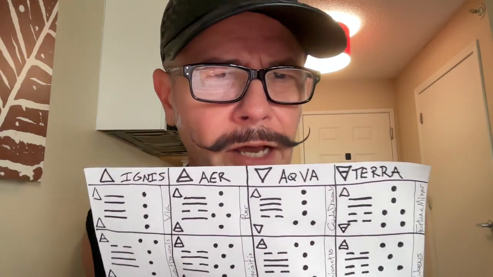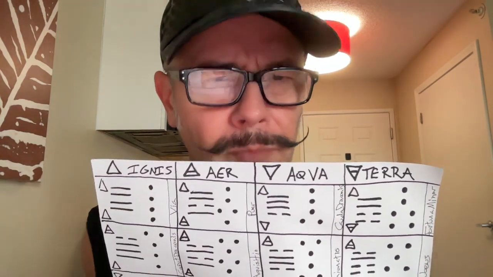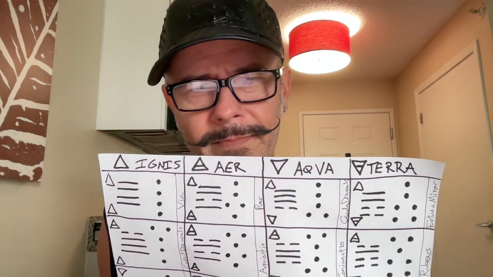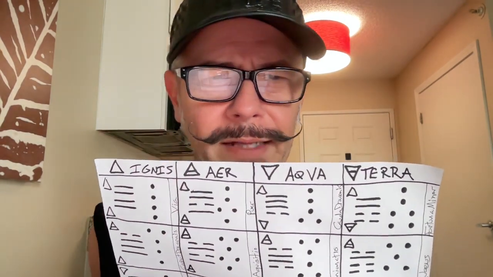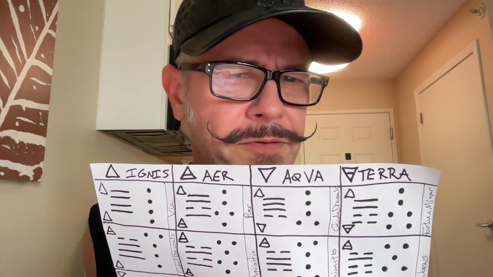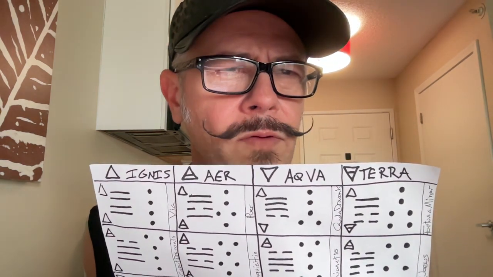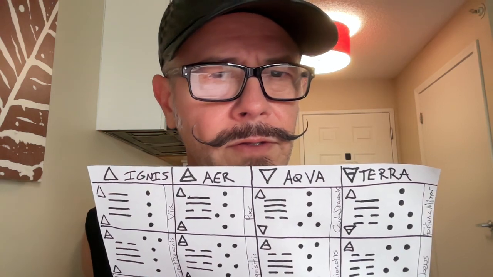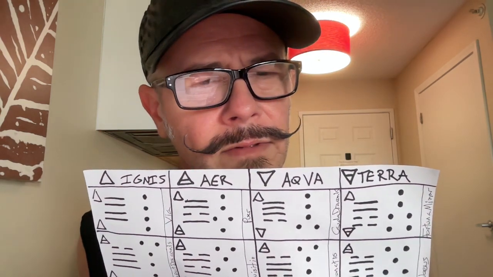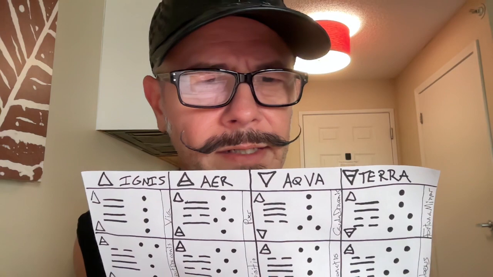So it always has to go father, son, mother, daughter. So that's different from the more common order used in what I just call magic today,